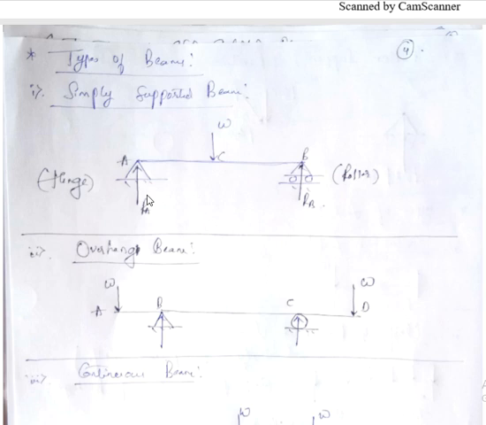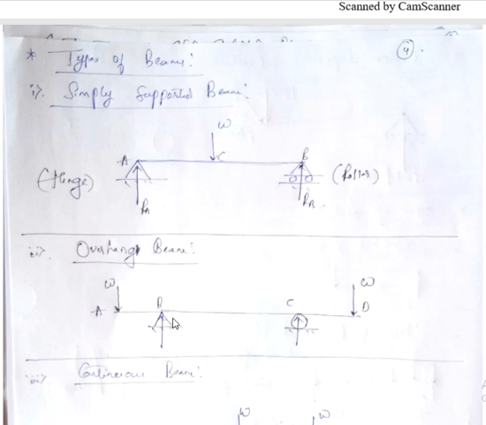That is why a simply supported beam is provided with a hinge support at one end and a roller support at the other end. When I am talking about stretching of the beam, it will not be like 2 centimeter, 5 centimeter or very high stretching. It will be very small. You cannot observe it with naked eyes. So this is about the simply supported beam. In hinge support you can have two reactions, you can also have a horizontal reaction, but we are only focusing on vertical reaction. So there is a vertical reaction at the hinge support also, and there is a vertical reaction at the roller support also.